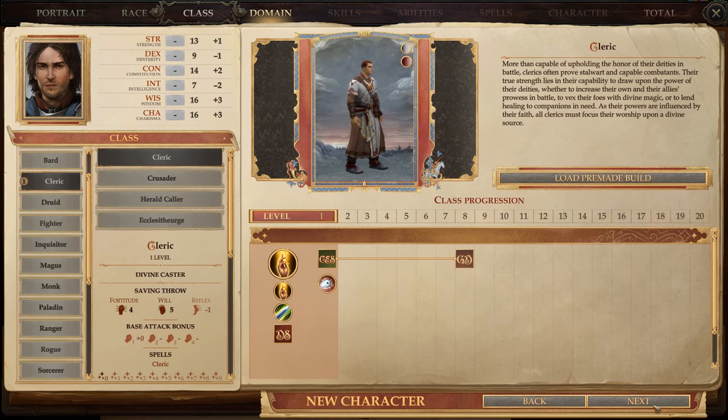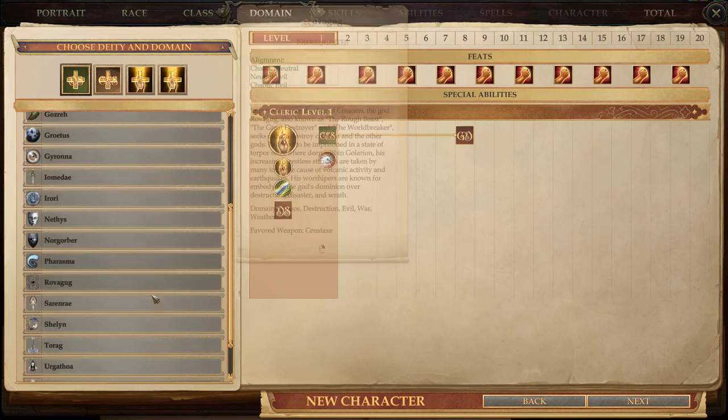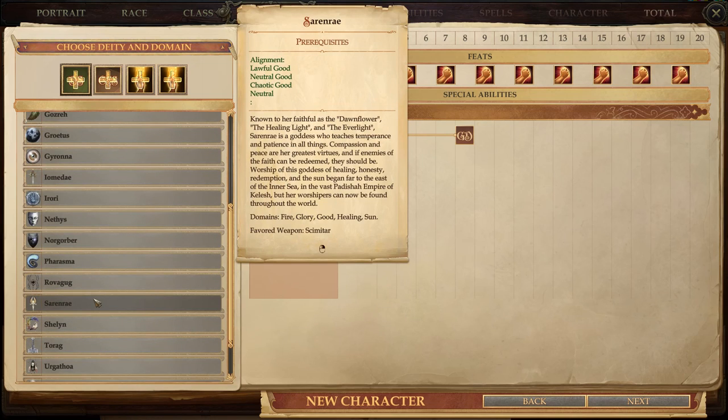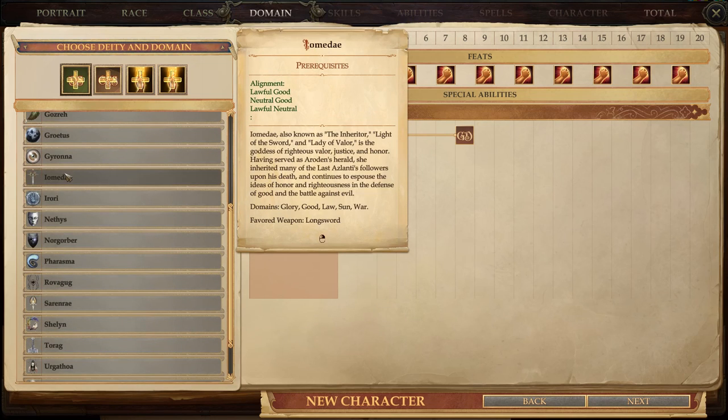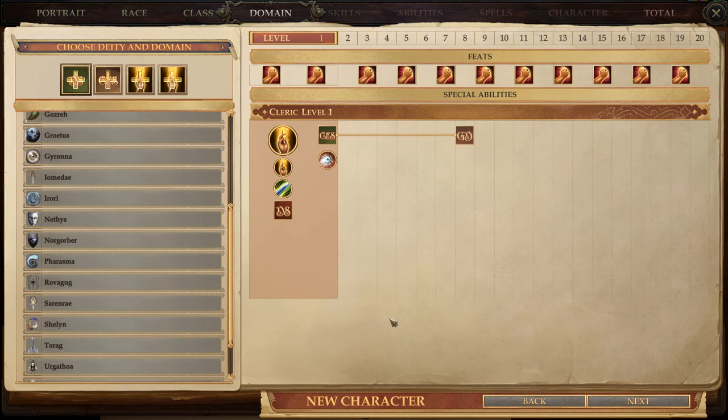Cleric in general is one of the better classes in the game, not just for defensive purposes. What I'm going to recommend for starting people is that you go with either Sarenrae or Iomedae. These are both good deities, which means that you're going to do healing channels of energy for your party instead of negative ones, or